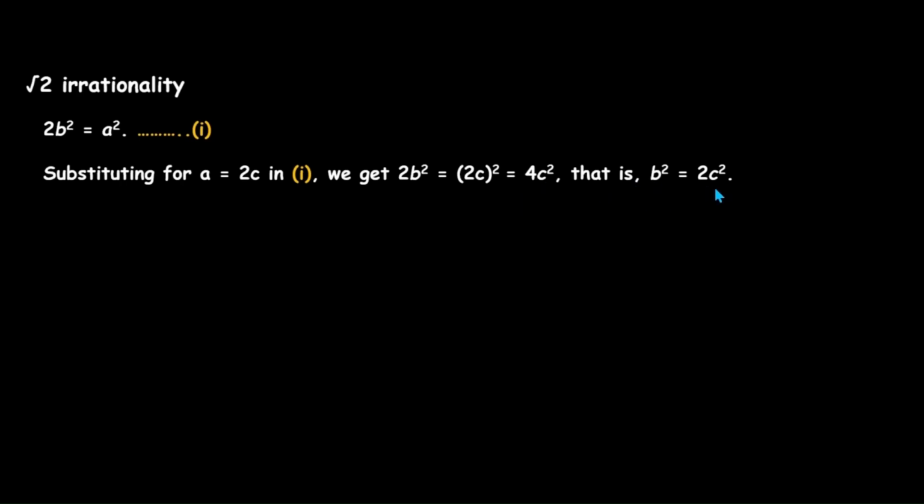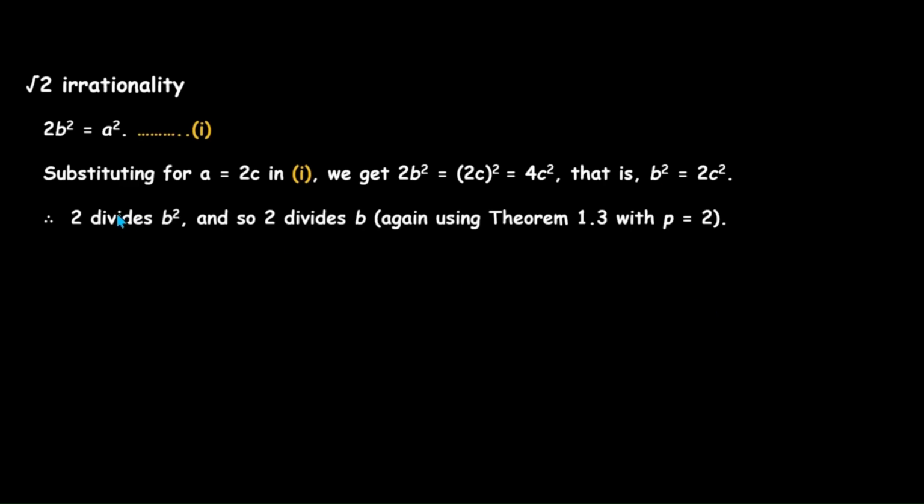square. Now here b square is expressed as 2c square, that is 2 into c into c. So both 2 and c are factors of b square. So 2 can divide b square. And if so, 2 can also divide b. So what has happened here is that 2 ended up